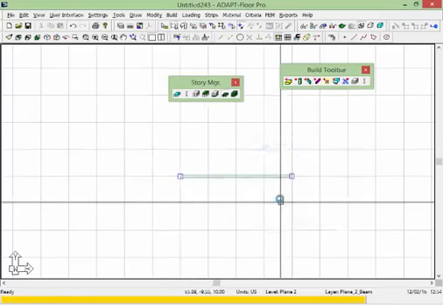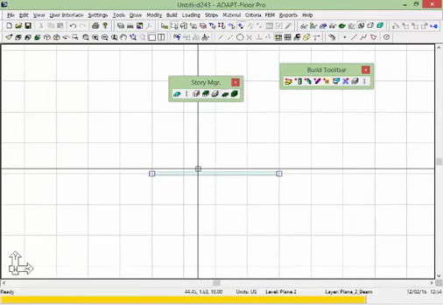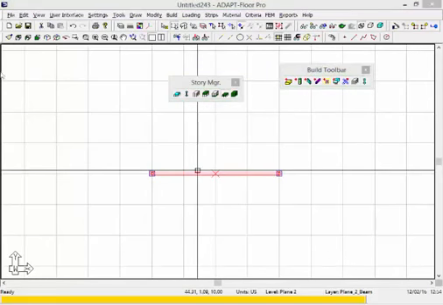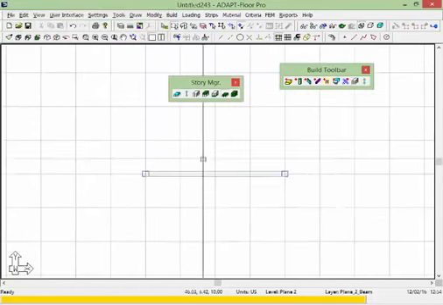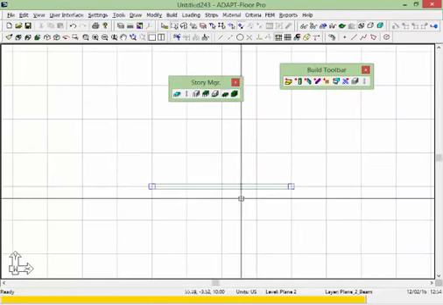Remember, we're connecting them at their centroids, and I'll show you how to check to make sure that they're connected at their centroids in a moment. For this beam, we're going to say this beam is going to be 18 inches, and we'll say it's 24 inches deep. So we have our beam now,